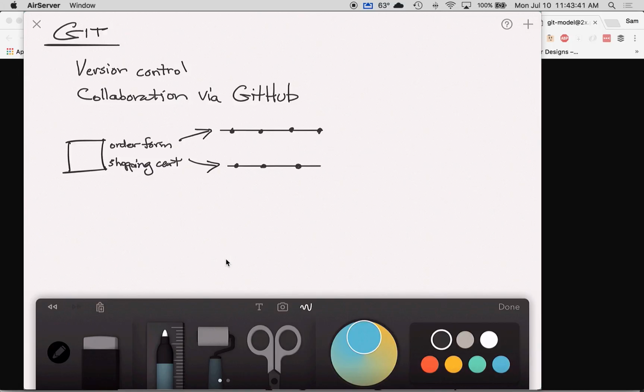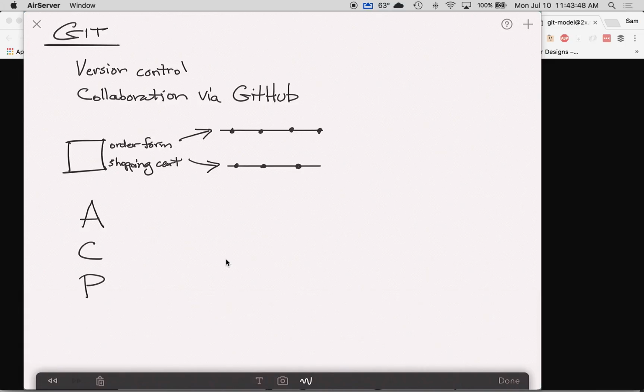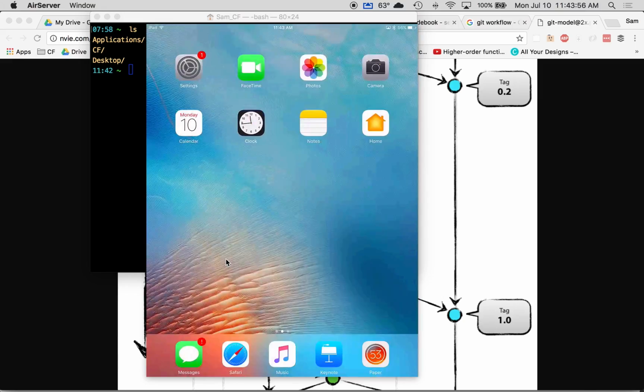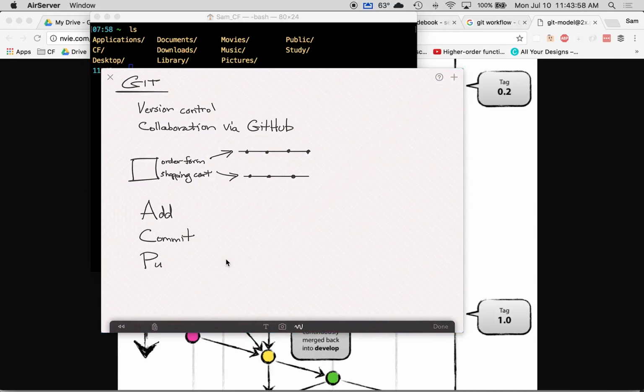And this is what we refer to in these parts as the ACP process. In other words, add, commit, push. Yeah, I did push. I pushed the little button on the iPad, okay? And the add, commit, push process is basically how we